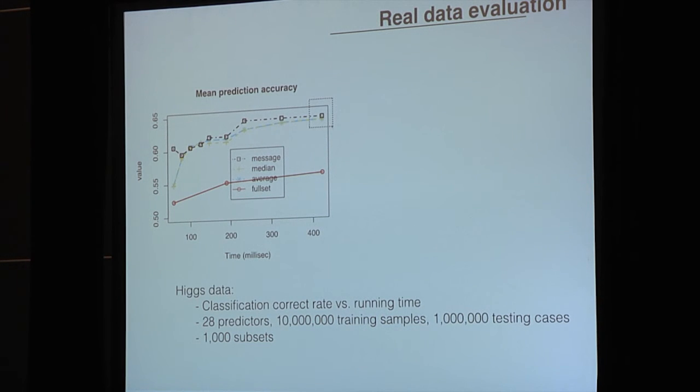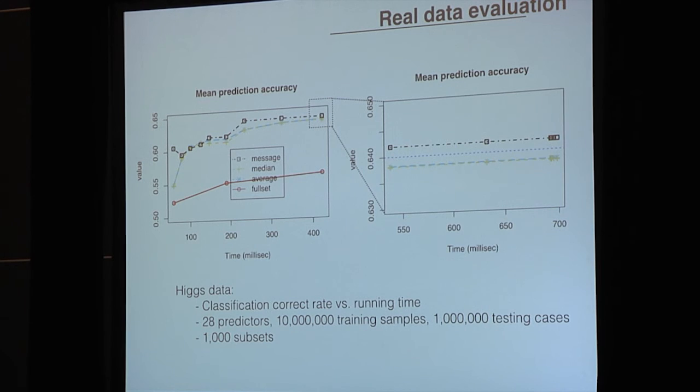For the Higgs classification data, we are using the first 10 million as the training samples and the rest as testing cases. And we partition the data into 1,000 subsets. Same as before, if you look at the picture, you can see MESSAGE and all three are better than the full data inference, but MESSAGE is definitely better than the other two. We also enlarge the resolution for a clearer impression. You can see now in this case, MESSAGE is even above the blue dashed line, which means that even if you run the algorithm on the full data set until convergence, MESSAGE will still be better in terms of prediction error.